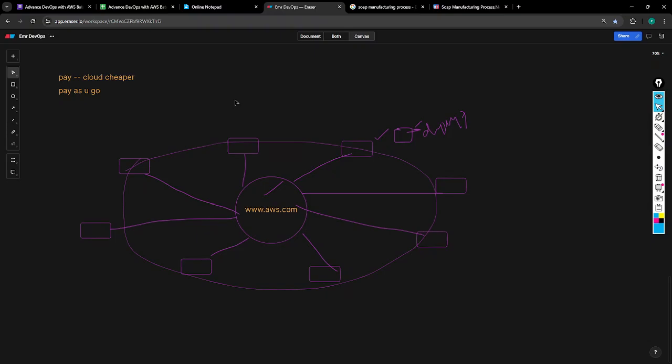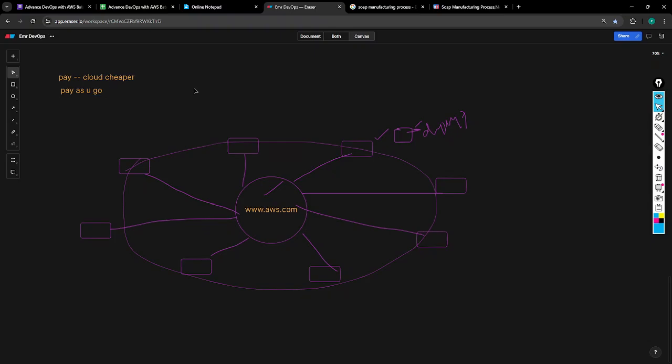You don't want that. You want a server on a rental basis. To get a server on rental basis, you can get it from AWS. That is pay as you go. If you use a server for 1 hour, pay for 1 hour only. If you use it for 10 minutes, pay for 10 minutes only. Using 2 hours, pay for 2 hours only. Like this, it's very cheap in budget.